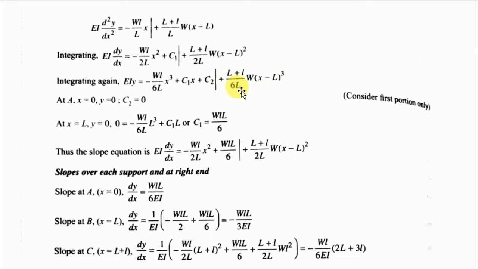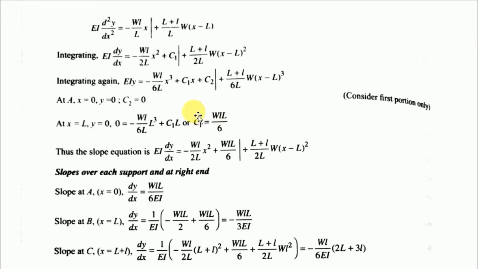We are not considering this because this load is out of the domain of the section we are considering at a point. Okay, now if we put x equal to L, that means we are talking about the point B, support reaction B, where deflection is also 0. Now putting these two values in this equation, this part becomes 0, EIy is equal to 0, we have x cube equal to L cube, C1x becomes C1L. Then we can find the value of C1, which is W small l capital L upon 6.